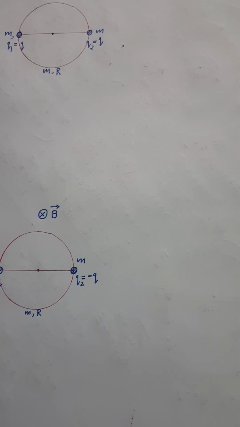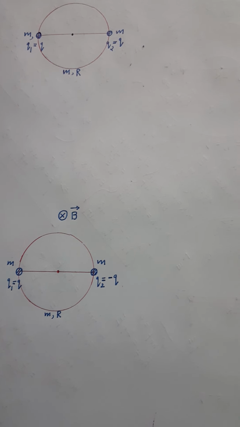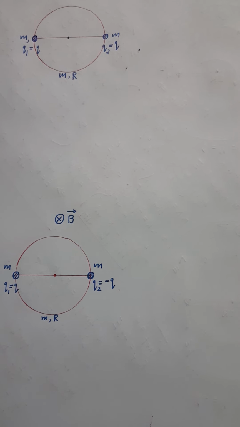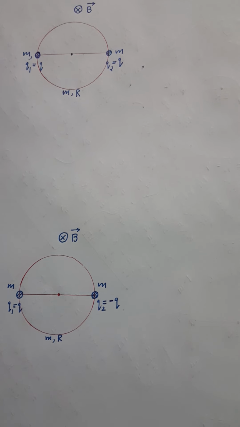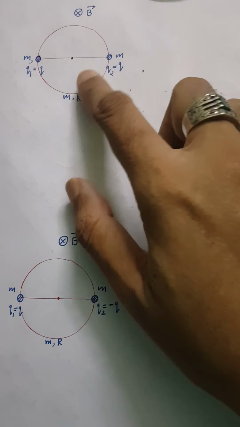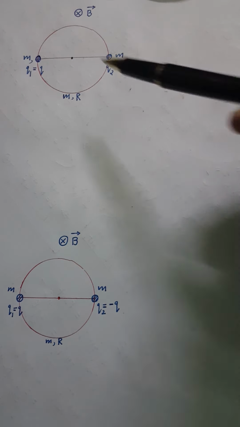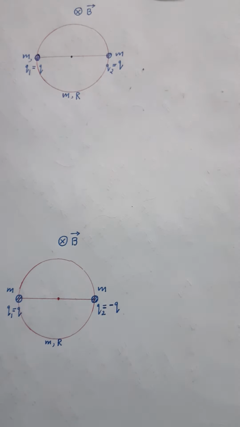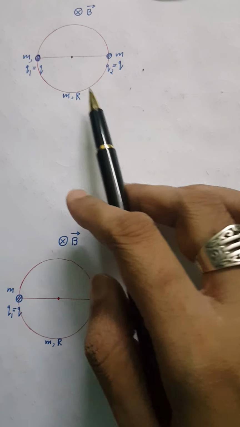Hello students, today we will study a very important and interesting concept, a problem based on time varying magnetic field. Okay, so we basically have a disk. This disk has mass m and radius r,